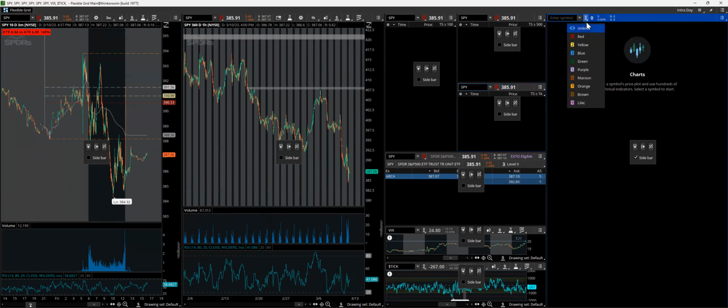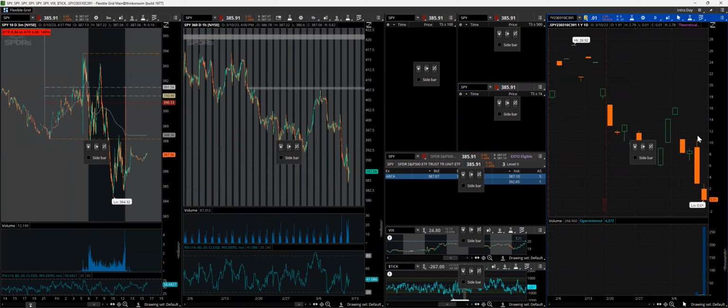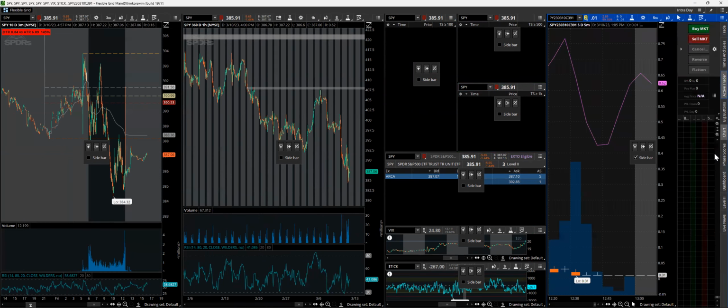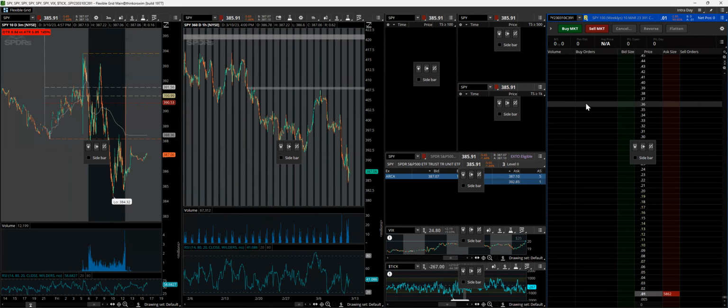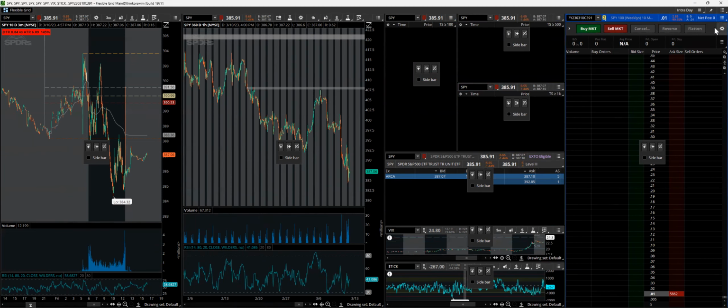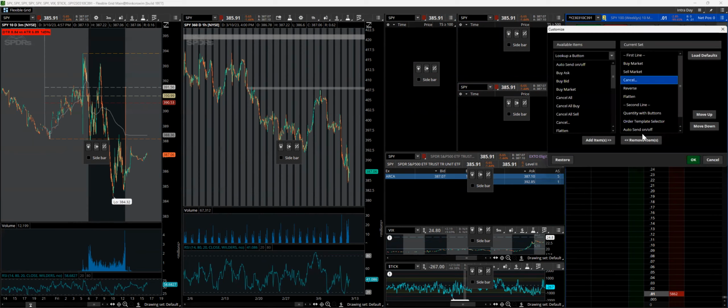So here I use Active Trader, and I don't have a chart on it. And I'll go through it. So the first thing I do is I come here, I remove cancel, reverse, flatten, move quantity buttons up, and